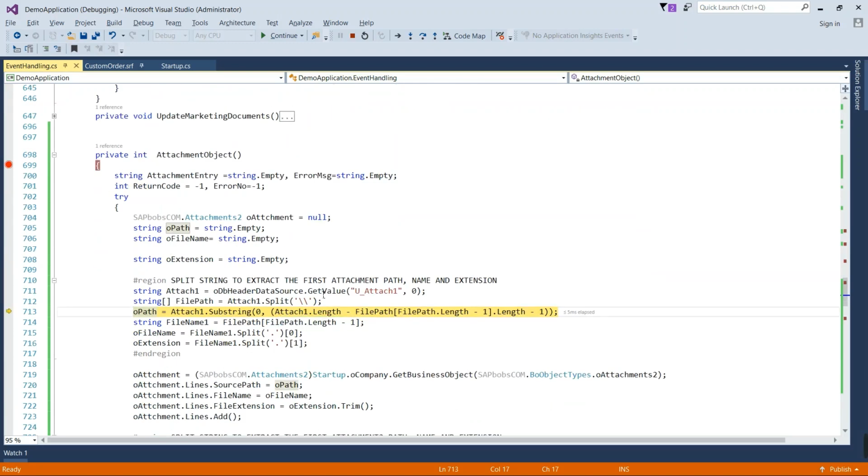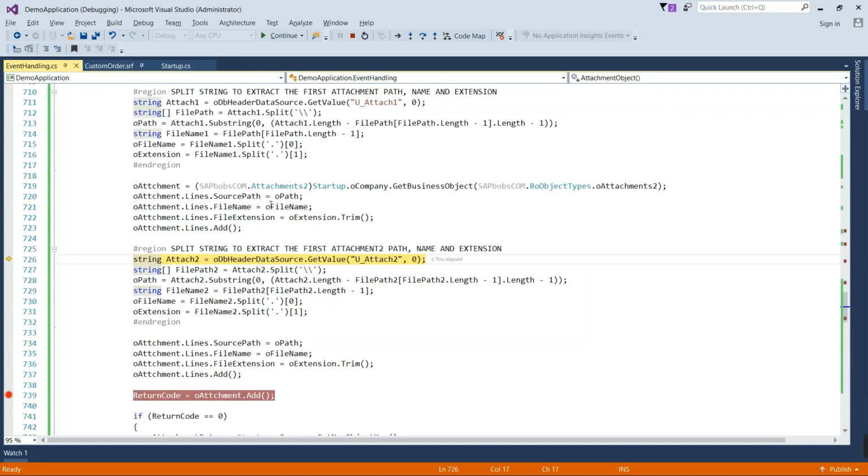Invoice 7, the string variable is being extracted, and the three properties have been added for the first line. You can see the PDF file, the path, invoice 7, and the PDF extension. Similarly it will be set for the second line. You can see the path, file name invoice 8, and extension.